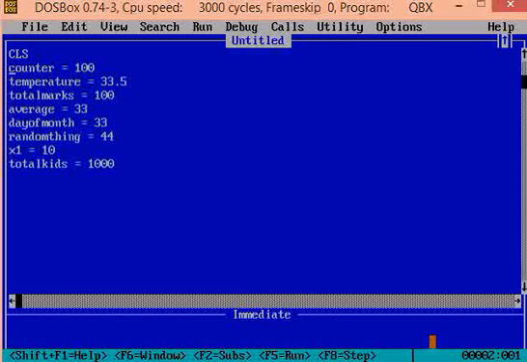Let's see a few examples. Counter is equal to 100, temperature is equal to 33.5, total marks is equal to 100, average is equal to 33, day of month is equal to 33, random thing is equal to 44, x1 is equal to 10, total kids is equal to 1000.